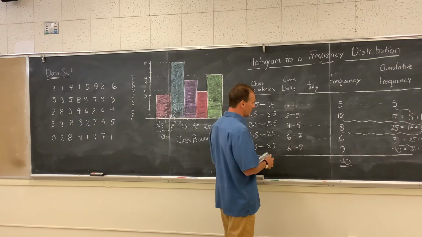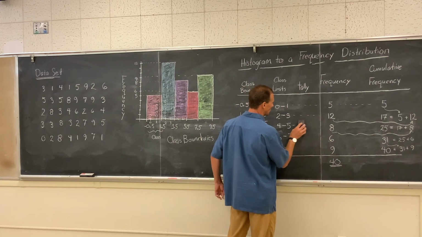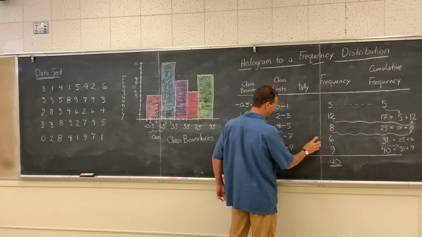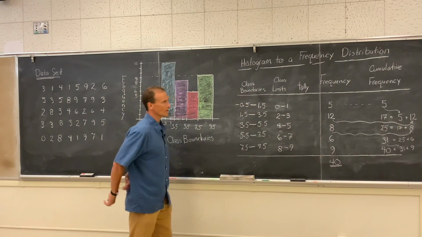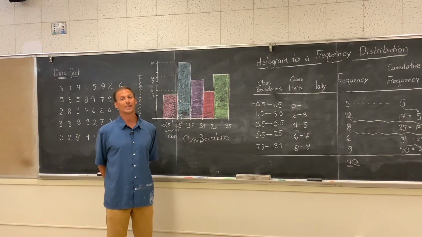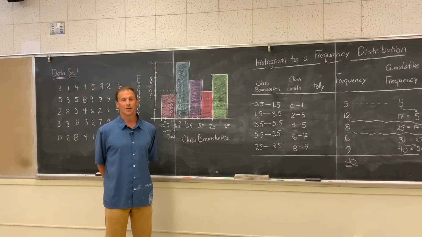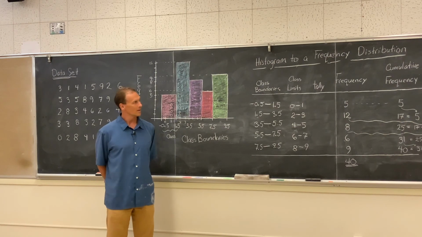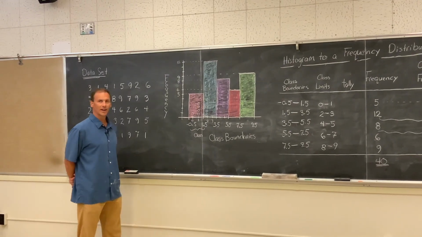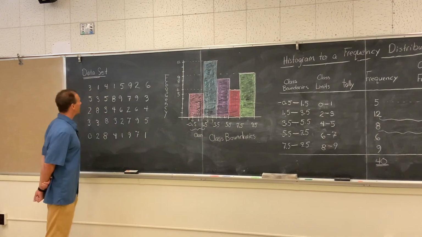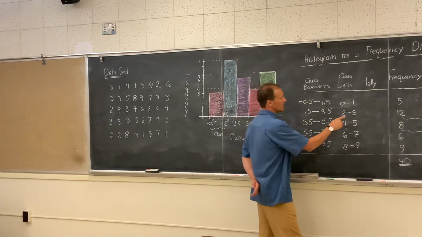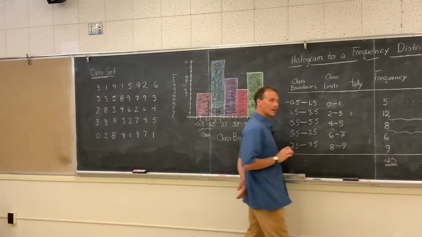Okay, so we have one more column. The tally. We didn't use the tally. We didn't need to use the tally. But here's what the tally would have been. The tally would just be if I didn't have my histogram. If I didn't have my histogram, what I would do is I would say, oh, here's a 3. So I would come over here and say, oh, my 3, there's a 3. And then I would